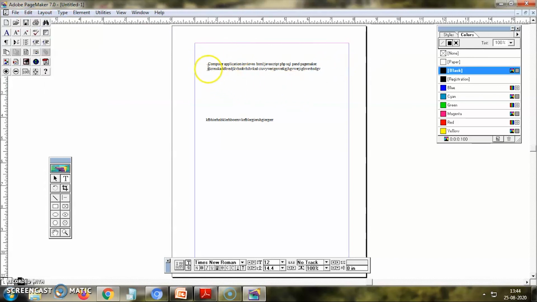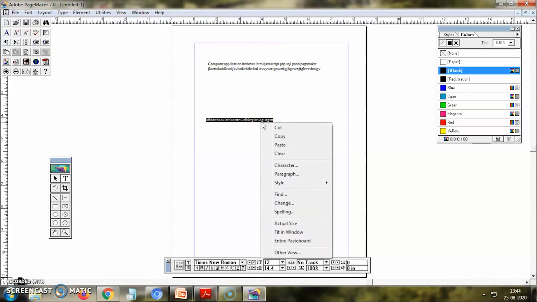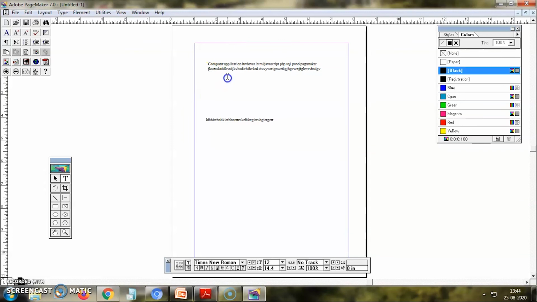So next, copying and moving text. Now I am selecting this text and pressing Control X, or I can click the right mouse button and choose copy from there. If I want to paste here, I click the mouse button here, click my right mouse button, and paste. Now it is pasted here, one after the other. If I want to paste inside this or here, I can click and press Control V. If I want to cut, I click here and press Control X. Now it is cut, and I can paste here using Control V. Like this you have to cut, copy and paste.